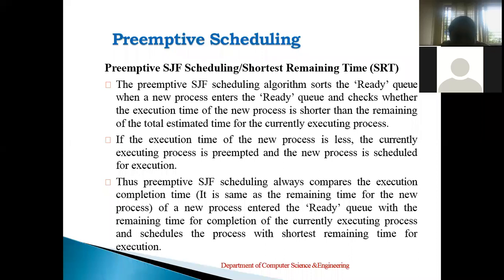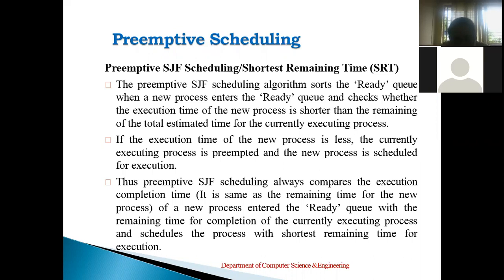So here, whichever has the less time, suppose process 1 has 5 execution time, process 2 has, assume, 10, process 3 has 3, it may be in seconds or minutes, right? Now what will the scheduler do? The one having the shortest time will be selected first. So the priority is given based on the execution time. Whichever has the less time will be given the first choice, so that the CPU will start executing that process. So that is the preemptive SJF scheduling algorithm.